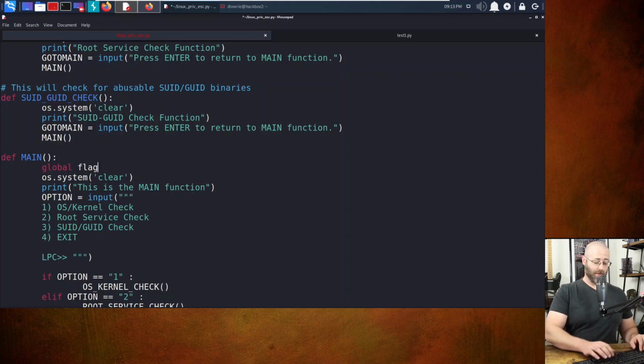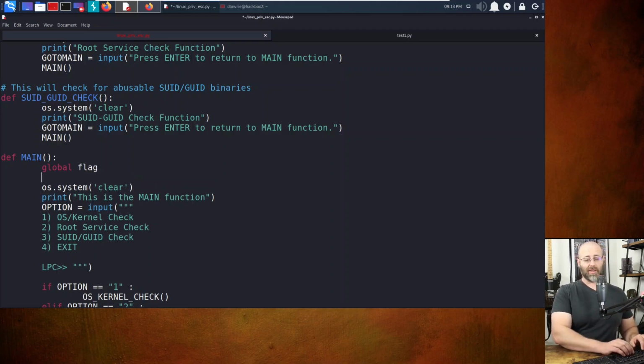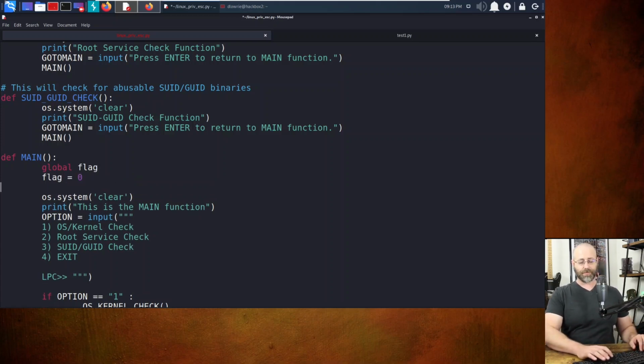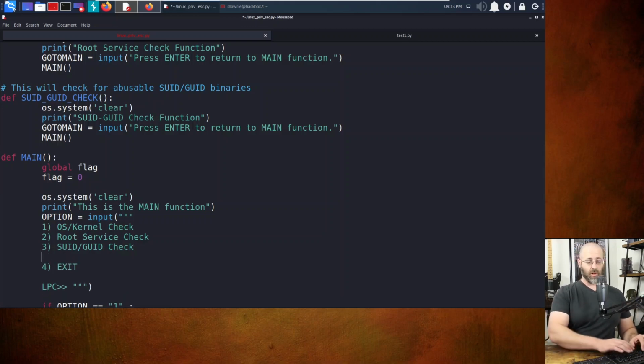Flag works for me. Whatever's clever. So flag 1 equals 0, like so. All right, now that we've got that, we should be able to use that. Now, do I want flag 1? Yeah, I'll make option number 4, the new option number 4, be full scan, like that, and then we'll change